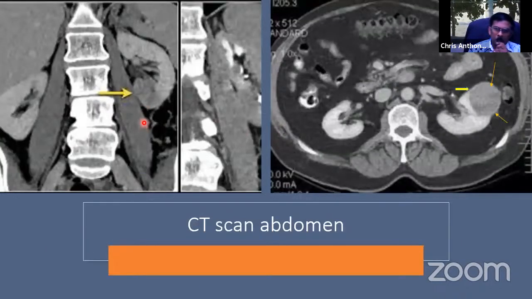This is a CT scan of a patient with a tumor here in the left kidney at the lower pole of the left kidney. Here it seems to be well encapsulated except at the point of the arrow here where it seems to be stuck and adherent to the psoas muscle. This is a tumor in the upper pole of the left kidney here. Also here it seems to be well encapsulated except maybe for this part here. Otherwise it seems to be well encapsulated.